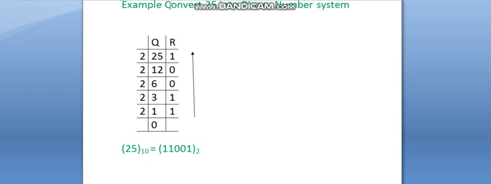Suppose the question comes, convert 25 into binary number system. What you have to do? You have to make a table like that. ओके, इन योर नोटबुक. 25 क्वोशंट यहाँ है, रिमाइंडर यहाँ है, Q देन R. ओके, देन डिवाइड बाय 2, नोट डाउन द रिमाइंडर, नोट डाउन द क्वोशंट, अगेन डिवाइड बाय 2, नोट डाउन द रिमाइंडर, नोट डाउन क्वोशंट. नाउ वी आर गोइंग टू टेक अनदर एग्जांपल.